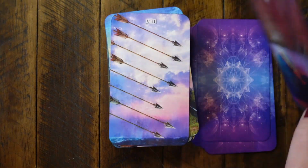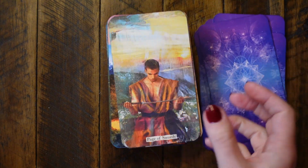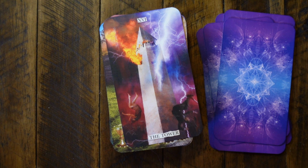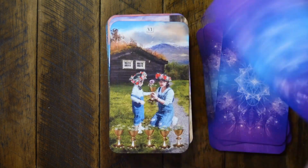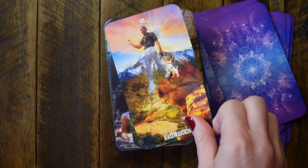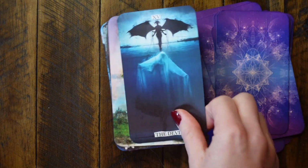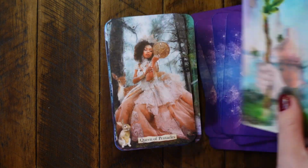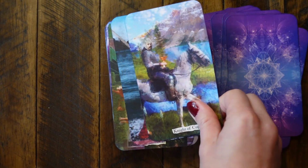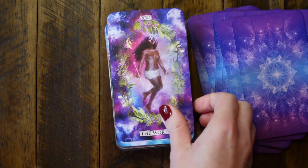But I also don't really tend to jive with too many decks that have so many people in it, very people-y decks, which actually I feel like a lot of the ones I'm showing today kind of do. Yeah, I would definitely say this is my most modern one though. It's interesting because you do get a mixture of settings here where this one feels very fairy tale, and so does this one, that vintage look a little bit. But then there are definitely figures that are more...